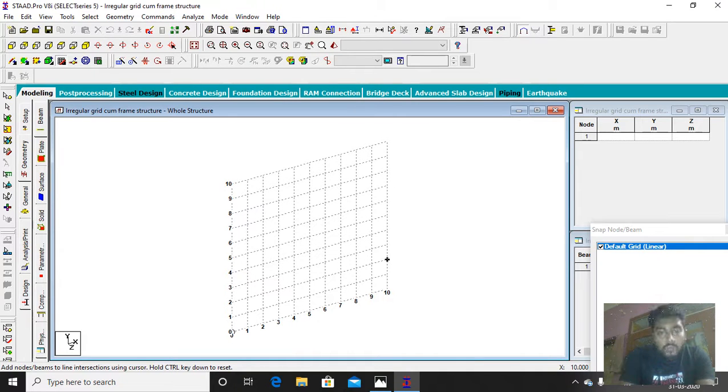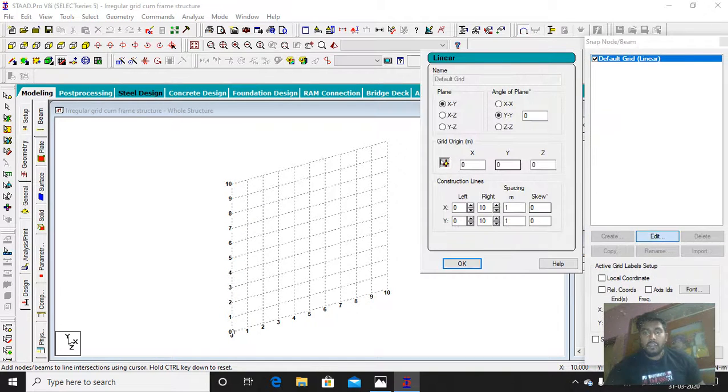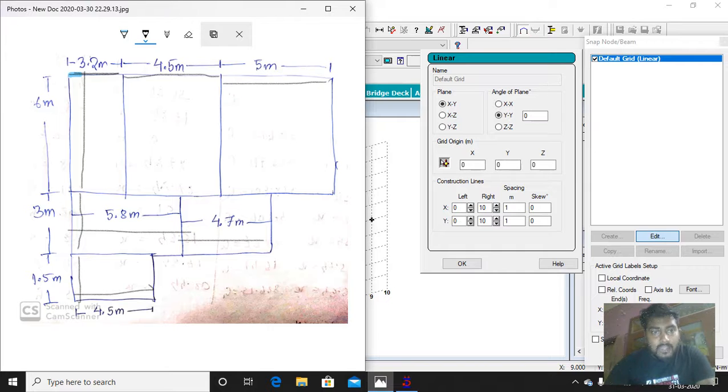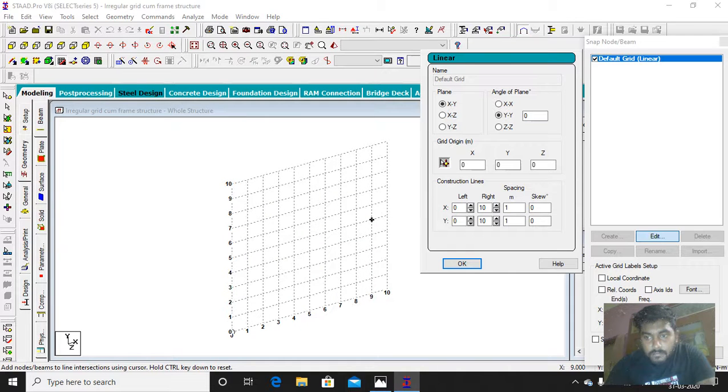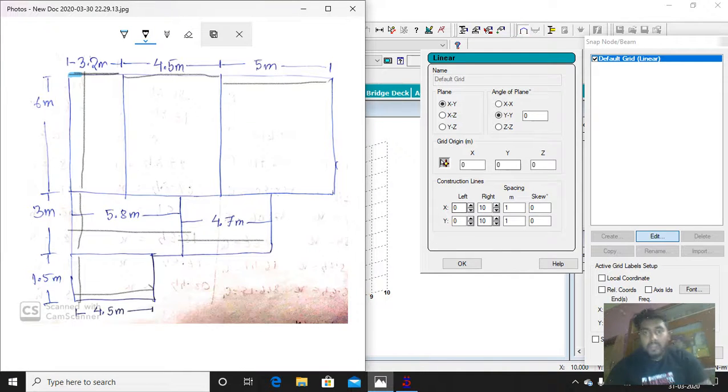change the grid, because this is a linear grid. If you see here, edit, it is a linear grid. So here, if we again come to the picture, if we want to create that, we have to edit the spacing between the grid points. Now it is 3.2, it is 4.5, it is 5 meter, there is 5.8 meter, so 1.1 meter spacing we need. Total length, from here to here, the total length is